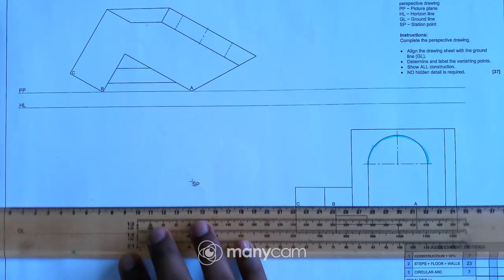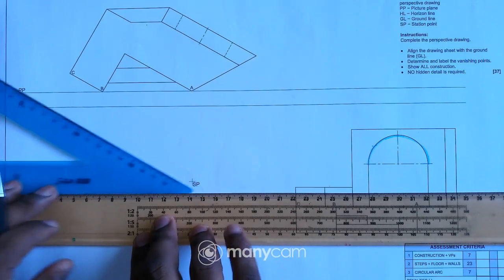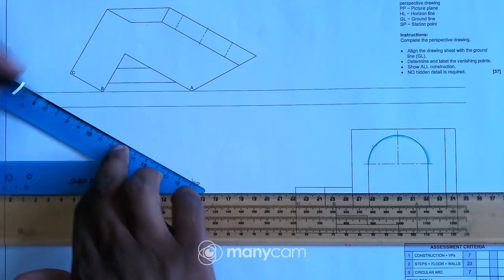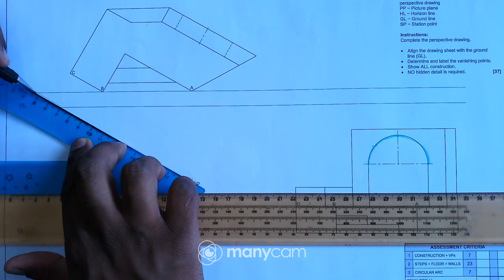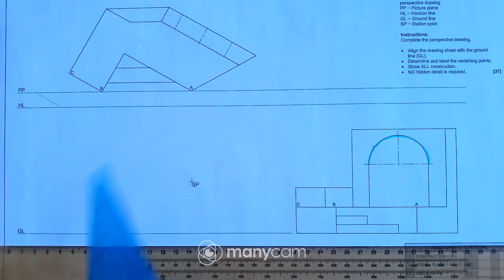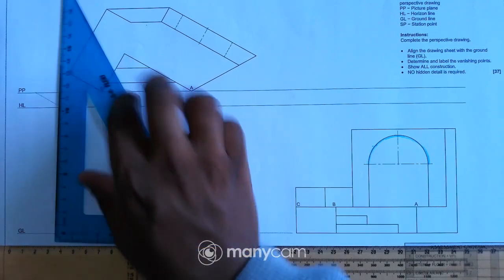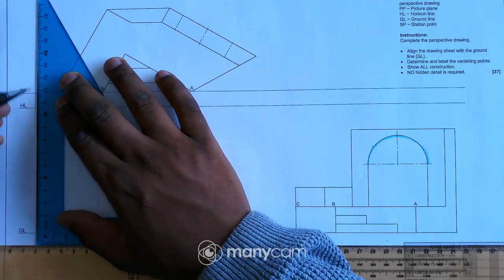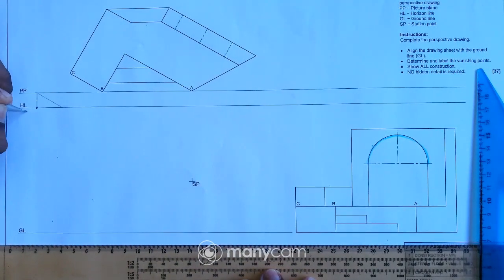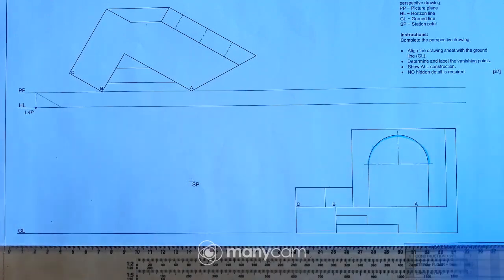So my left vanishing point will be constructed using the 30 side of the set square. So I can just draw a line there from the station point, and then from there, I'll have to draw a vertical line up to the HL. So this is my left vanishing point.